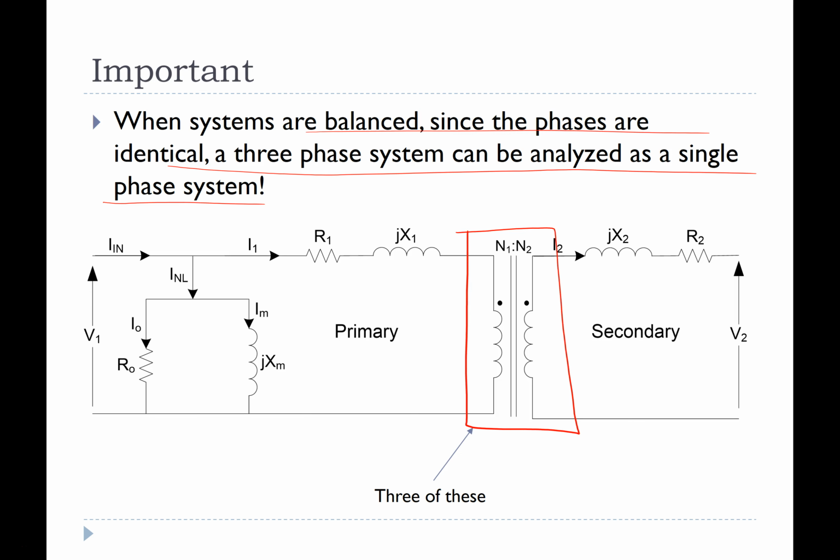It's not that the losses are not there. You could still get questions with the losses in them, but since you'd be able to treat those individually, you could reduce the three-phase system problem to just a single-phase system problem by figuring out what is the line voltage, what is the phase voltage, etc., and using that in your single-phase circuit. And then you would do the question as you would have done for a single-phase situation. So we're going to just use the ideal transformer for this part and look at how the voltages change